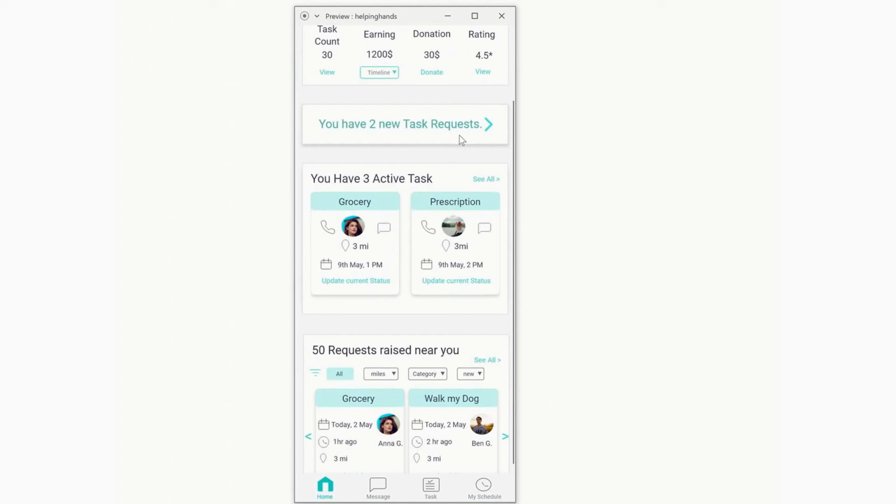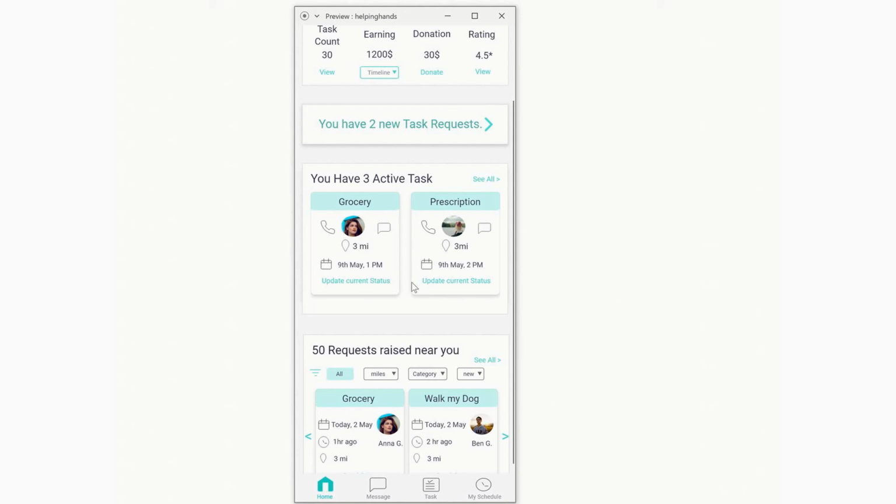This is the section where they can see the tasks which are currently active. More details can be found by clicking on these individual cards. As I said, this is just a prototype, so not every component is functional. The helper can choose to contact the customer by clicking on these icons, by which they can directly connect with them by calling them or by messaging them. They can choose to update their current status. You can think of it just like Uber or, as I said, DoorDash or any delivery app, where after you click on the order, you can see the current status of the delivery man or of your driver.